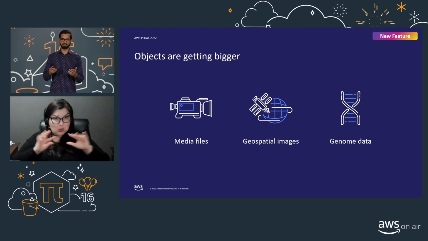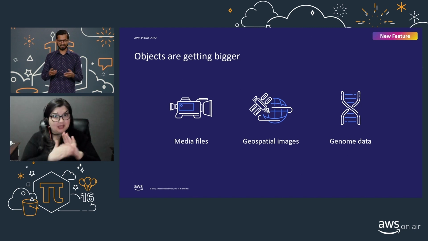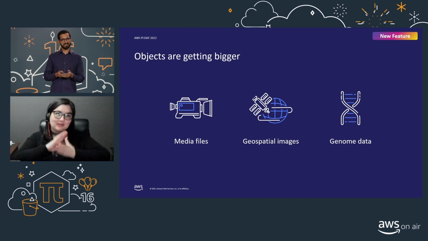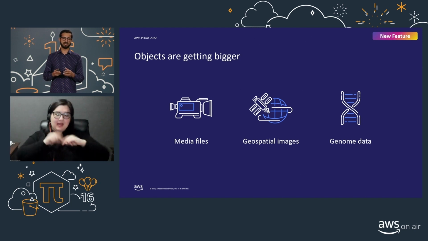The objects are getting bigger and bigger, and as that has happened, integrity checking gets harder because, well, math. Checksums take longer and longer to run. This means they become more expensive and time consuming. So we went back and tried to figure out how we could make integrity checking on big objects faster and more reliable for our customers.